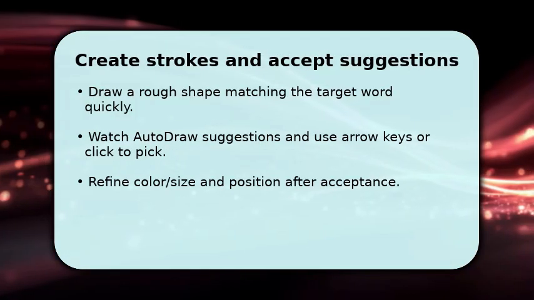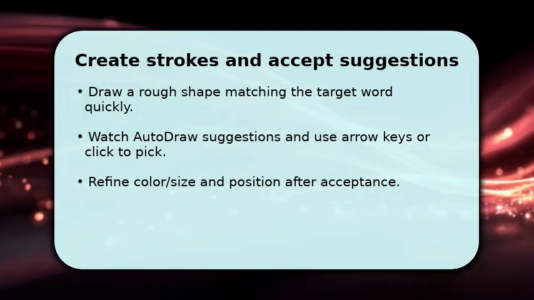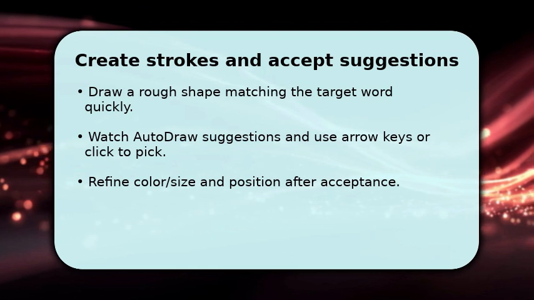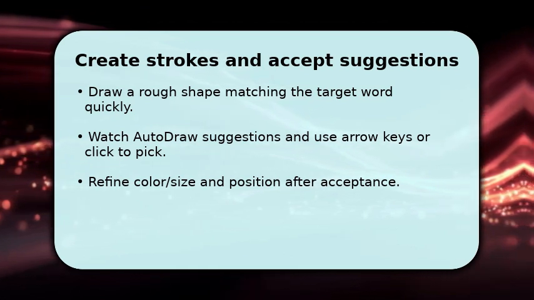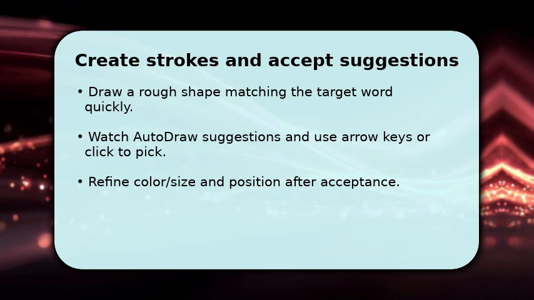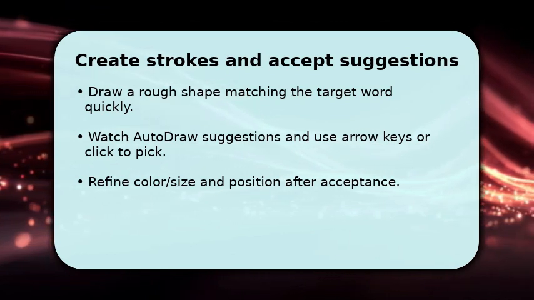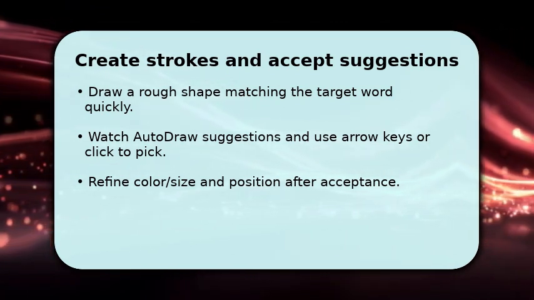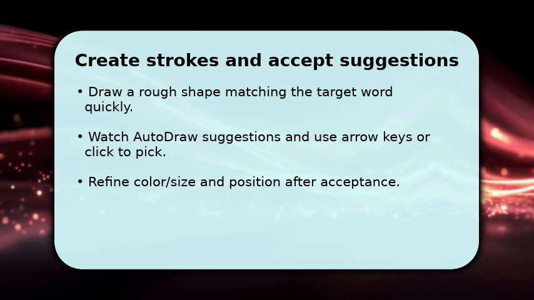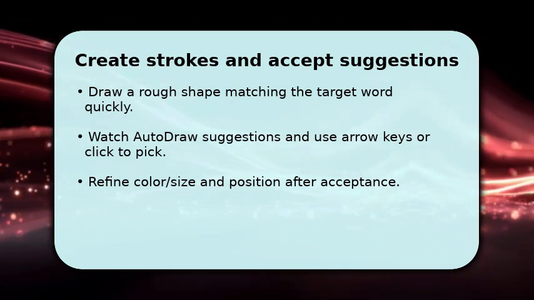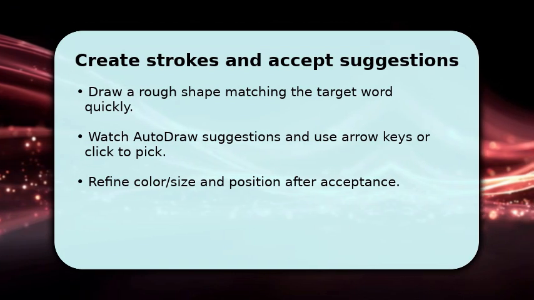You now sketch the basic silhouette of the word quickly. Speed matters because Scribble.io is timed. As you draw, AutoDraw will propose refined versions. Scan suggestions, and accept the best one by clicking or pressing the indicated key. Once accepted, make sure to reposition or scale the suggestion so it fits the game canvas and matches